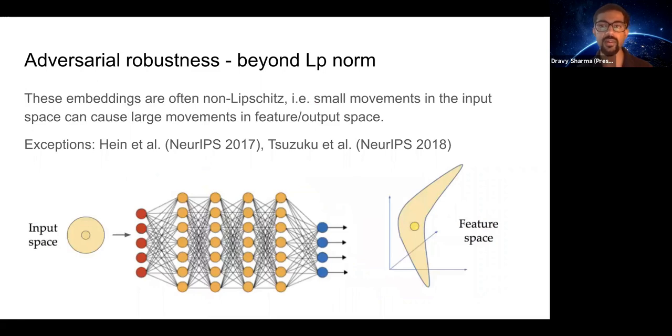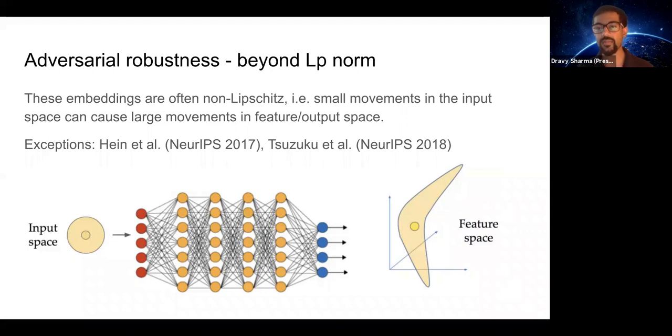Essentially, that means small movements in the input space can cause large movements in the feature or output space. There are some exceptions to this. People have tried making neural networks or other models more Lipschitz, but with limited success, and I think I sort of motivated by. Right, so just to reiterate, we have small changes in the input space, which look like large